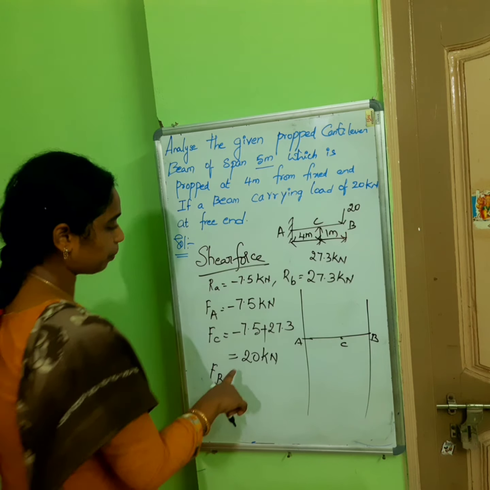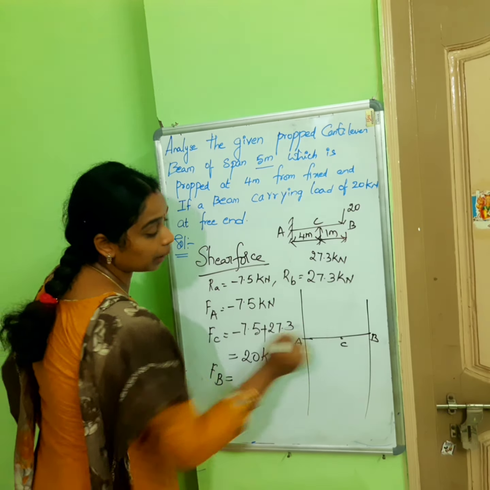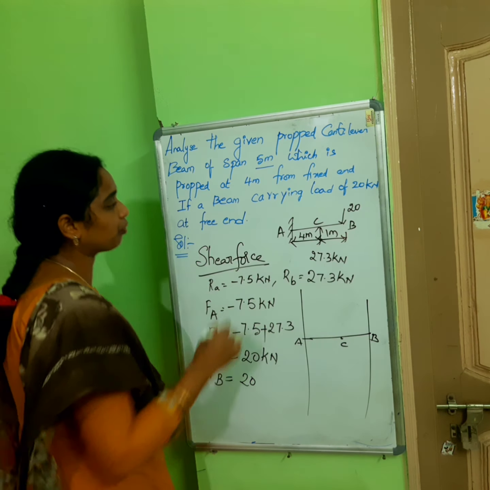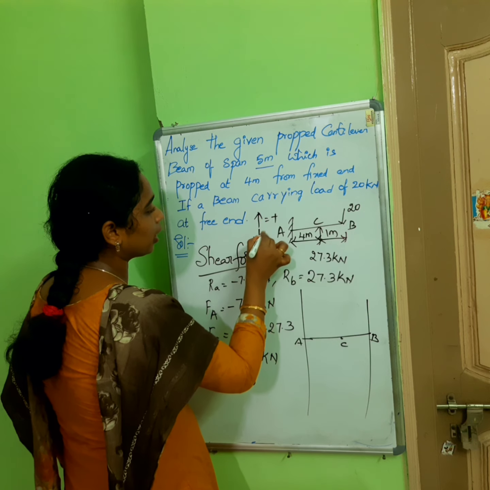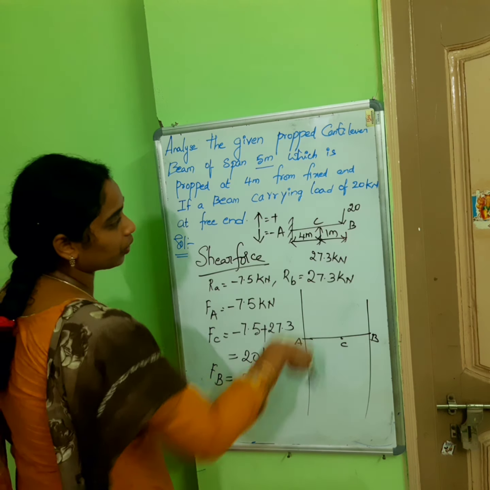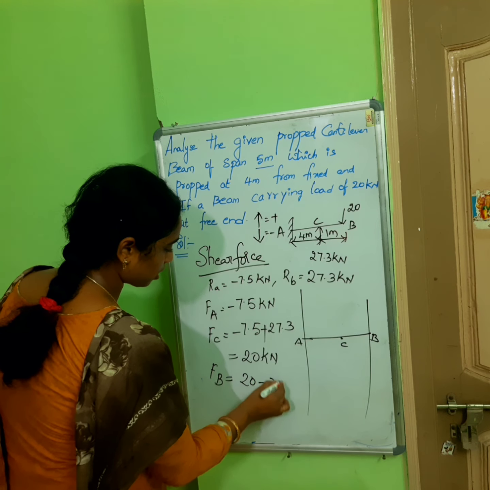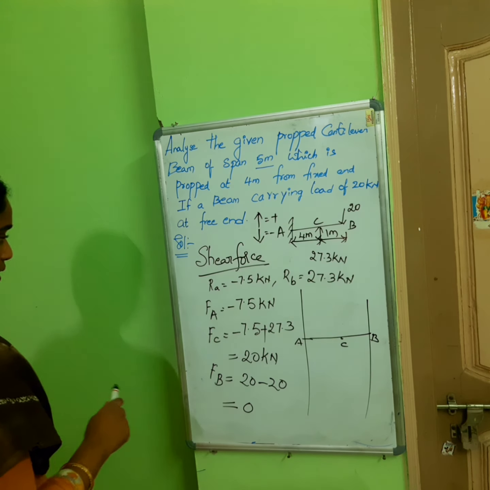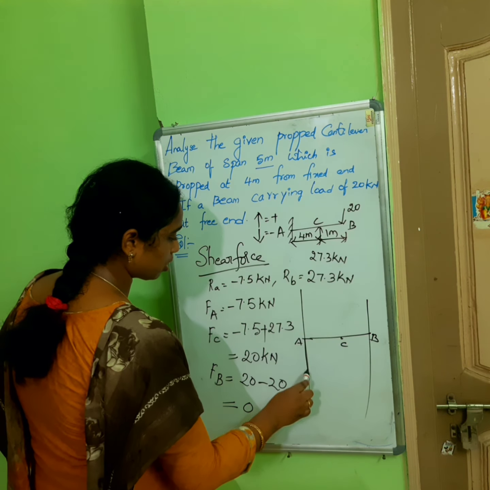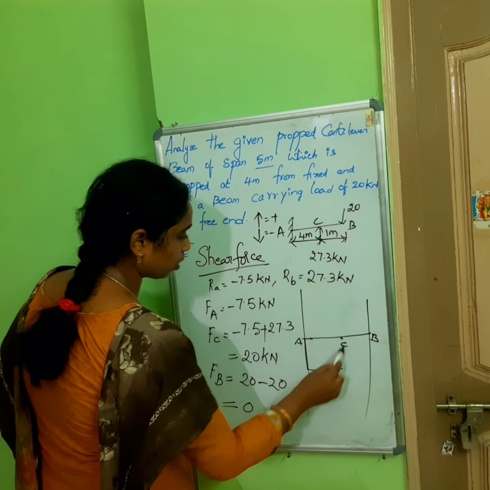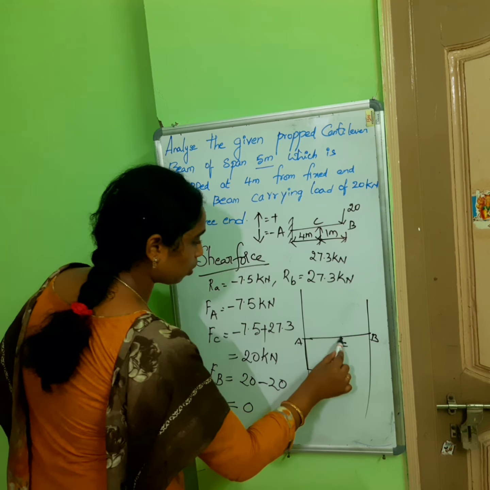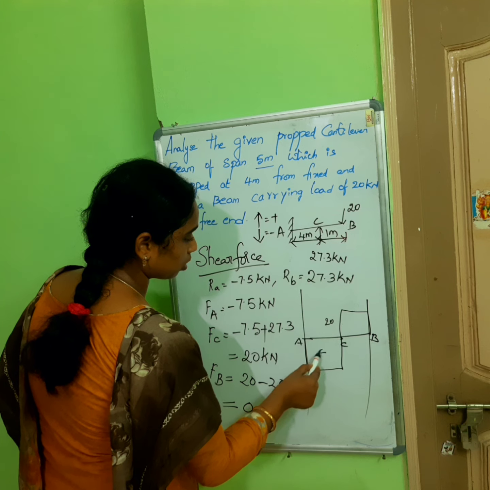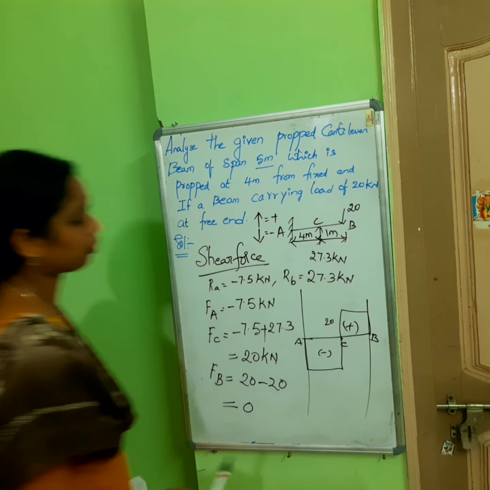Okay. Shear force at B: between C and B no load is acting, but at C a point load is acting. So the previous force, how much load is acting? In shear force, upward is positive and downward is negative. It is moving downward at C point, so minus 20 is equal to 0. See how the diagram will come. At FA, minus is downwards, and it is moving up to C. At C point I got the load positive 20, and it is moving up to B. This is my shear force diagram.